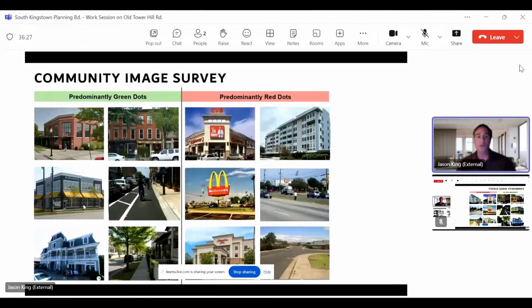So the images that I'm showing on the left are the images that people liked by far. The report gets into the specifics, but people didn't like this, the Hampton Inn, and they were much more fond of a hotel built with a traditional vernacular, ideally. They were less interested in streets that look like this, and more interested in streets that were more multimodal.